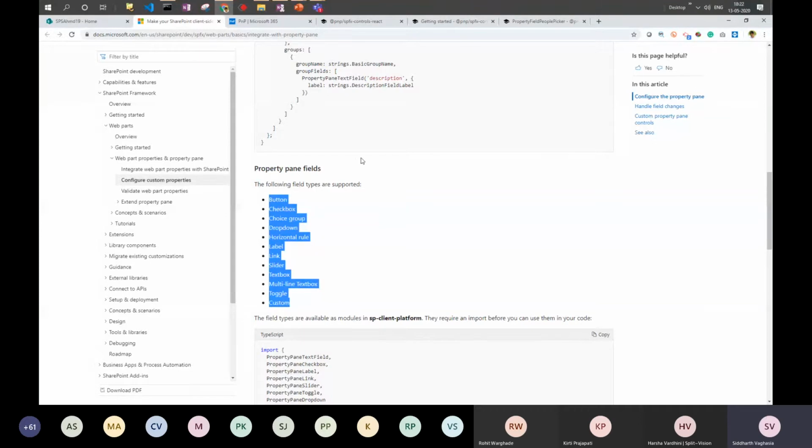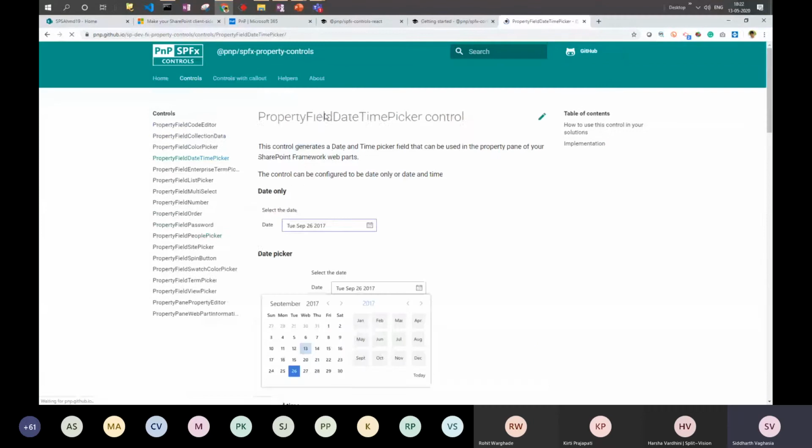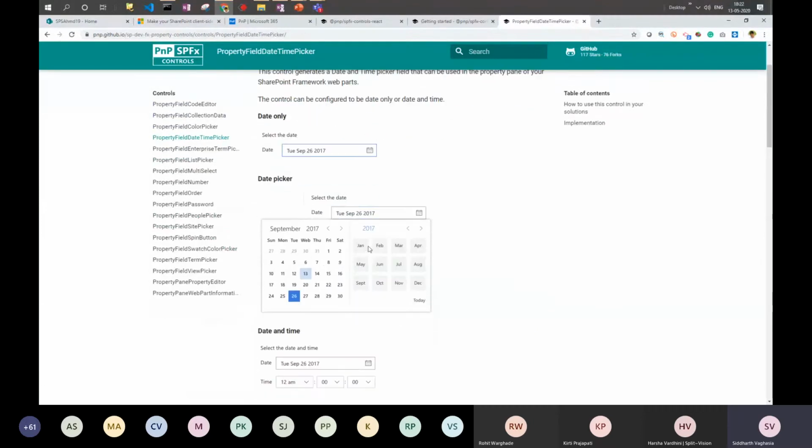But if something is there which we want to use in our property pane and it is not available out of the box, we can go and check this library and use it. For example, there is no date picker control available here, which is maybe a common use case, and there is a date time picker control available in this library. So this can be used in our property pane control.